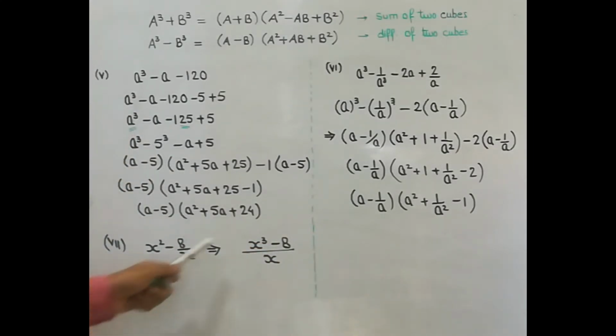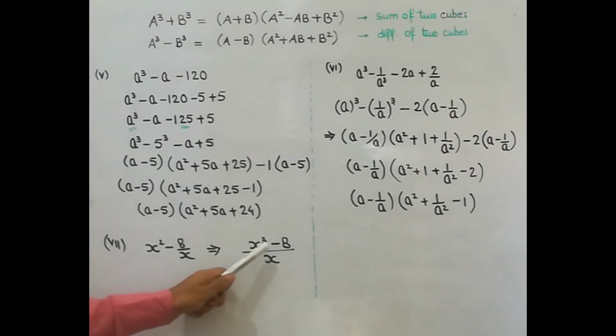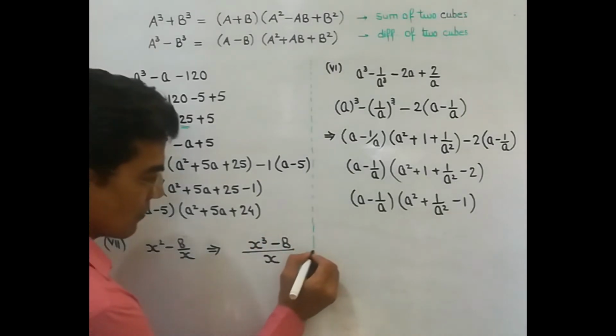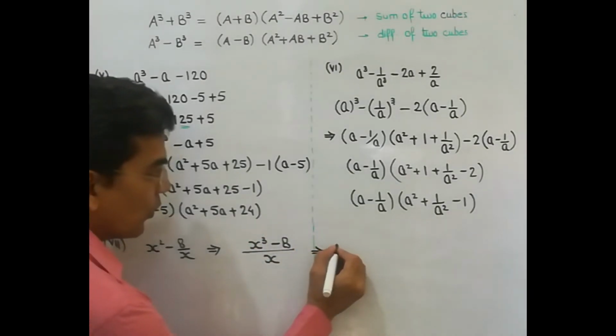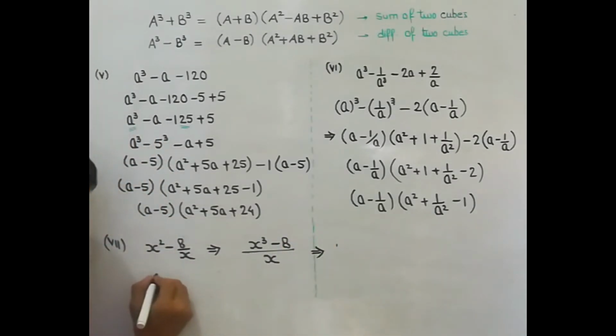So this step is clear to you? Now you see, in the numerator place, you can convert these two as a difference of two cubes. So this is 1 upon x and then you are getting